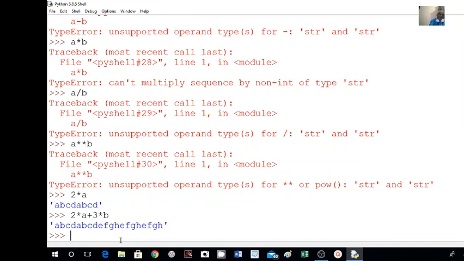Now you go for another command which is the list here. Say a equal to, for list I will go for like this, a equal to open square bracket, here we write 10, 20, 30, 40. Okay, I will close this square bracket, enter.